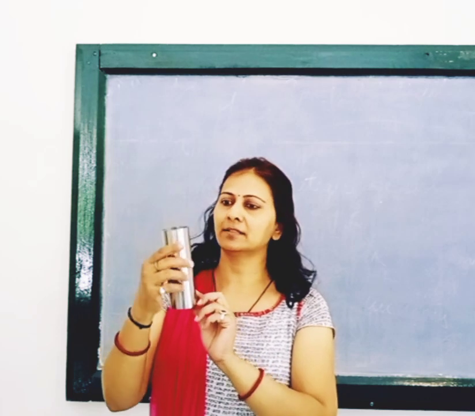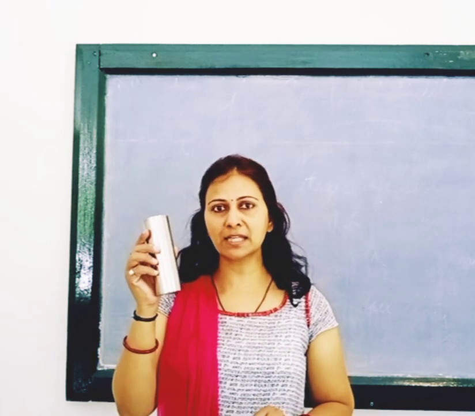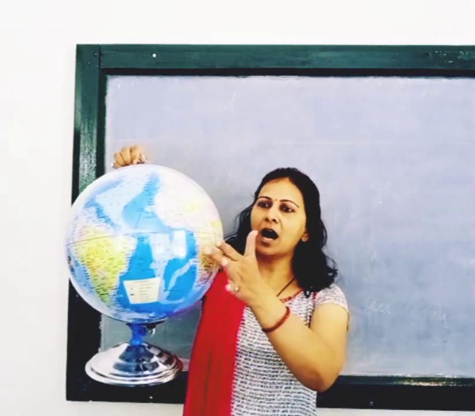So, now see, you can see that there is a glass in my hand. Basically, this glass is used for the rain gauge instrument. Now, observe this. This is a pen stand. It is handmade. So how does it look? Okay. There is another for you. This is a globe. Now how does this globe look?